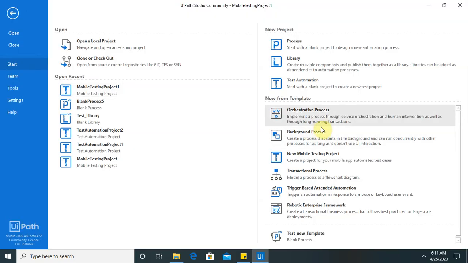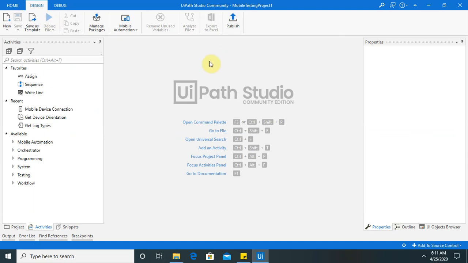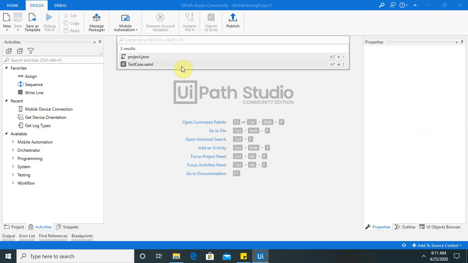For creating the mobile automation project, there is an option available in the template tab, new mobile testing project. Once you click, you can find this page. You just have to follow the rest of the procedure as you have already done in previous sessions.